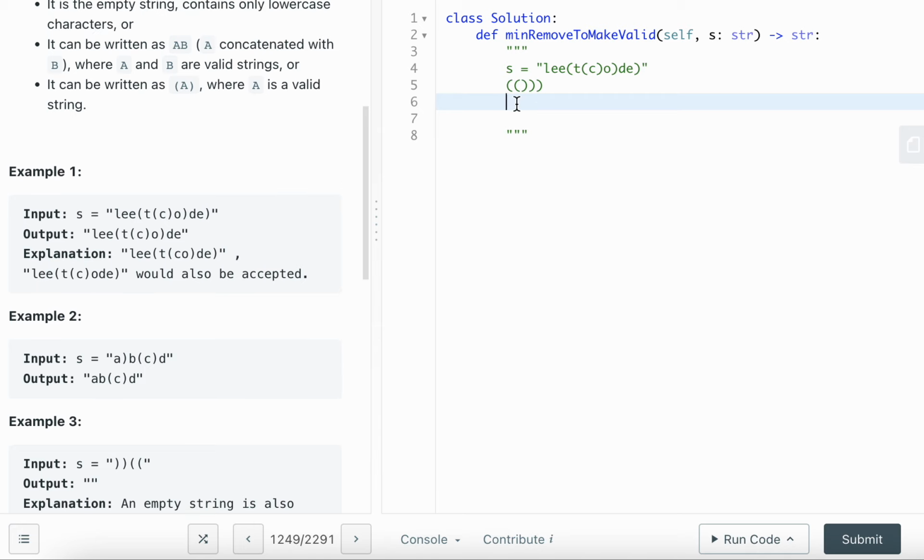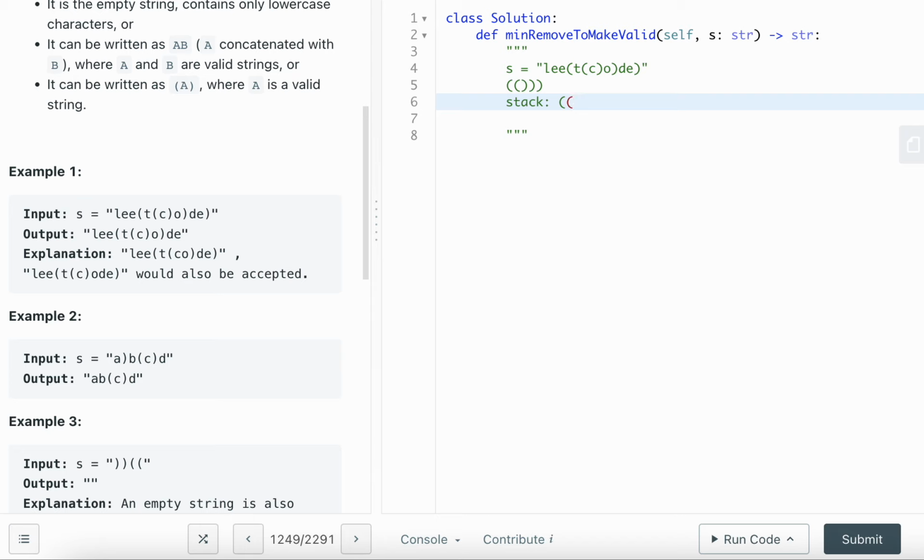For the stack, we want to store the parentheses. If it's a left parenthesis, I'm going to continue to append everything to the stack. So for example, let's process this one, right? If it's a left parenthesis, I'm just going to append, and then I'm going to append the second one too, since it's a left